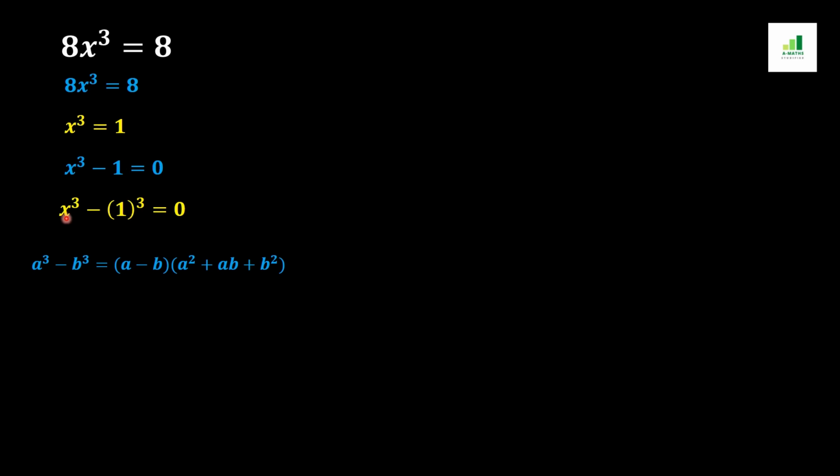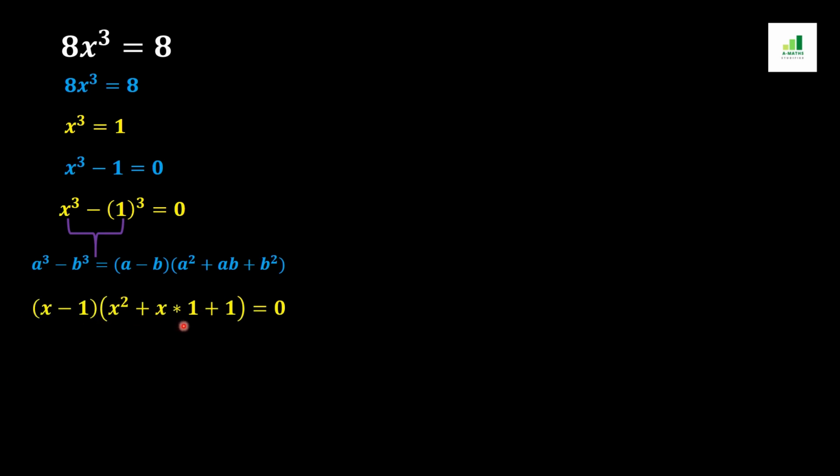If this is a and this value is b, both having a cube sign and a minus sign between the values, it can be expanded from the a cube minus b cube formula, which is equal to a minus b into a square plus ab plus b square. So if this x is a and this 1 is b, then after expanding according to this formula it can be written as x minus 1